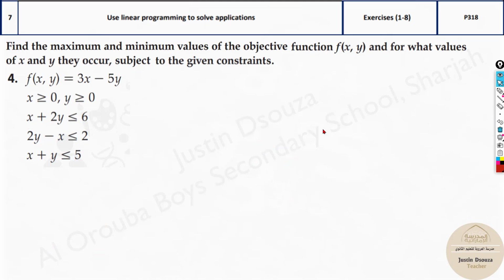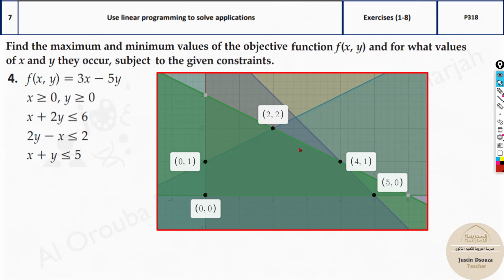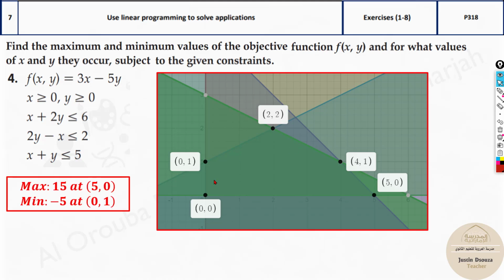If it is graphing, it's pretty simple, but you have to find the maximum and minimum value. So you need to do the graph and then find it out. See, these are all the vertices. Over here, there are a bit more equations, 3 equations over here, and then 2 lines. You will have this one. So one important thing, because you need to find maximum, minimum, they don't leave it open. It will always be an enclosed shape. So if you don't get it, just double check. If you have written it properly in the standard form or the slope-intercept form, double check it